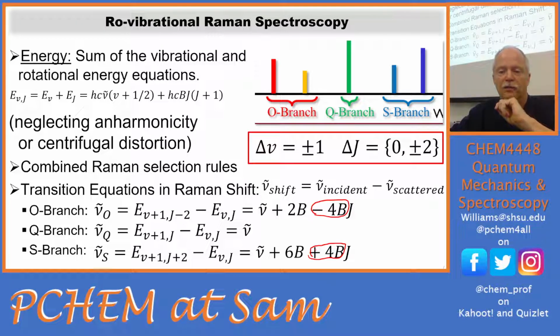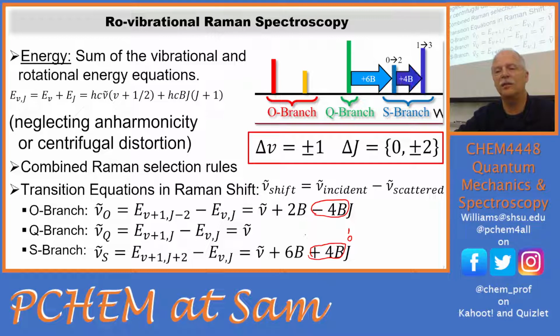And then we have the first rotational line. So the 0 to 2 transition for the S branch. I put in 0 for J here. And so this piece is canceled out, but I still have this 6B. So it's going to be shifted over by 6 times the rotational constant. And then for the 1 to 3 transition, I put a 1 in there, and so it's 1 times 4B plus the 6B,